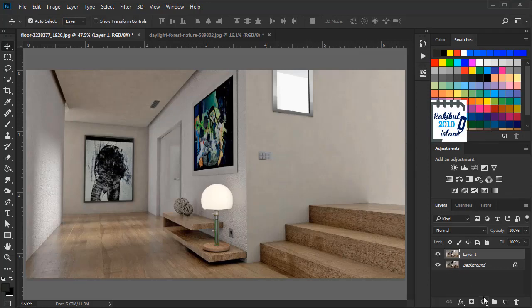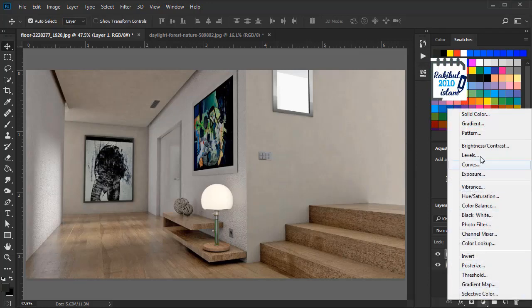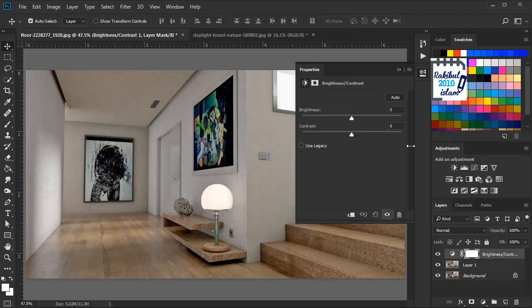And now we will click here to add an adjustment layer of Brightness or Contrast, and we will increase the brightness using this slider, and we'll decrease the contrast a little bit.